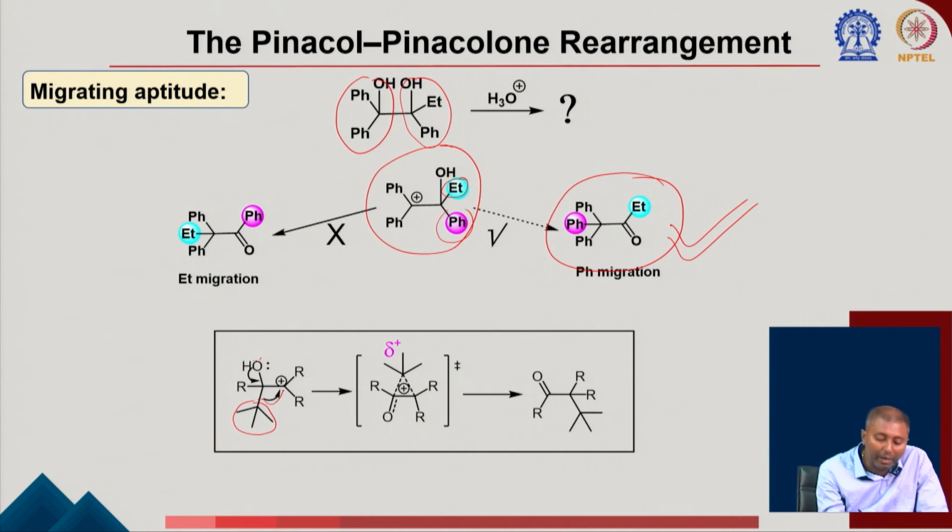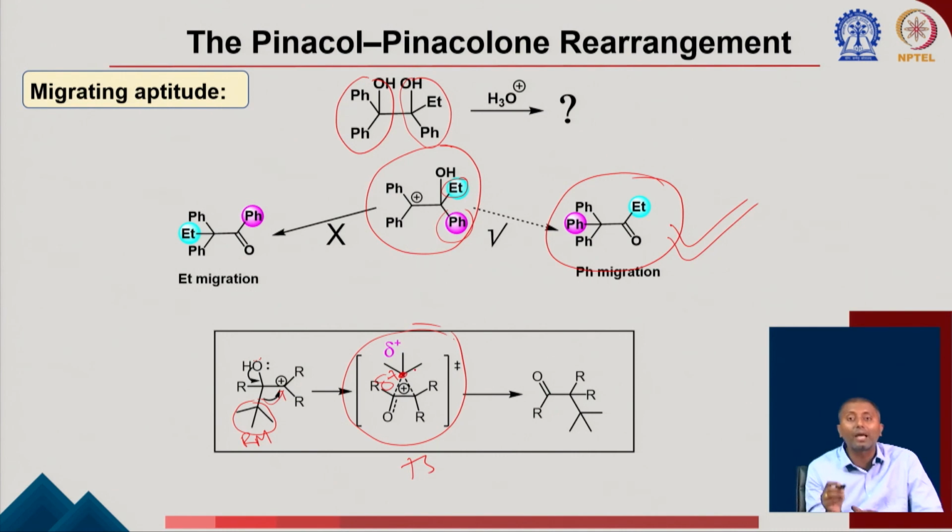When this tert-butyl group is migrating to the corresponding carbocation, as we have learned in the Wagner-Meerwein shift, it will form a transition state where this migrating group, or RM, carries a delta positive charge on this carbon. So in the transient state, the migrating group will carry some delta positive charge, and the groups which can stabilize the positive charge more